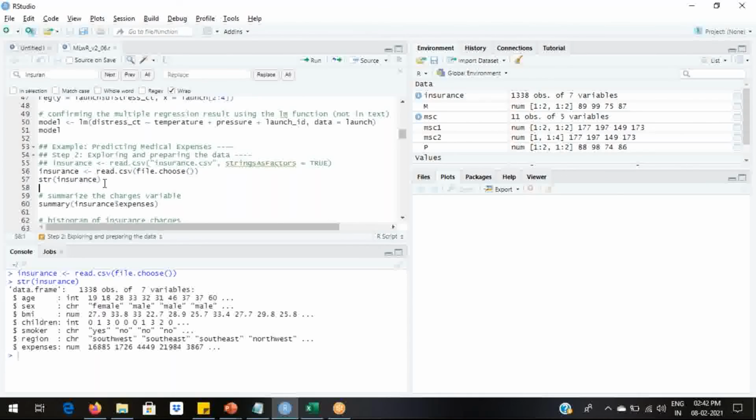Now let's see the structure of the variable insurance. As you can see, insurance contains both numeric as well as character data. Hence, it's a data frame.